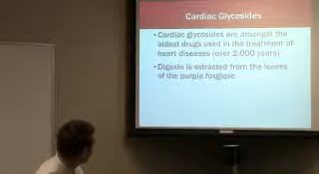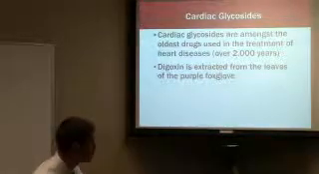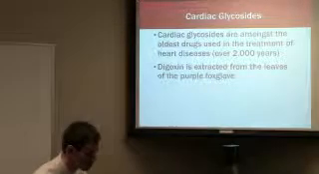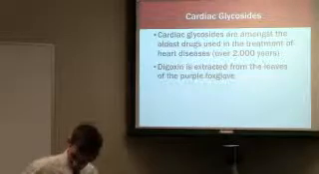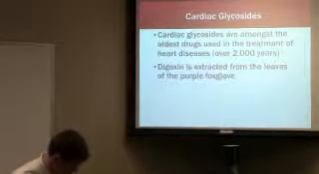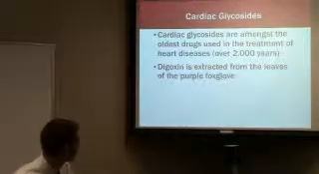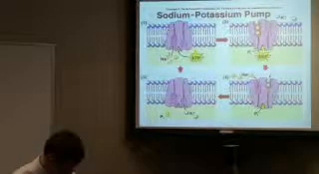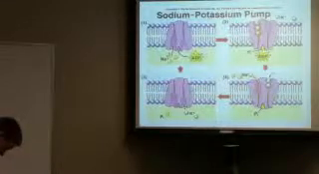So, cardiac glycosides. It's been around for a long time. And it comes from a plant, the foxglove plant. Okay, so what happens, and the reason that we have such a narrow therapeutic range,